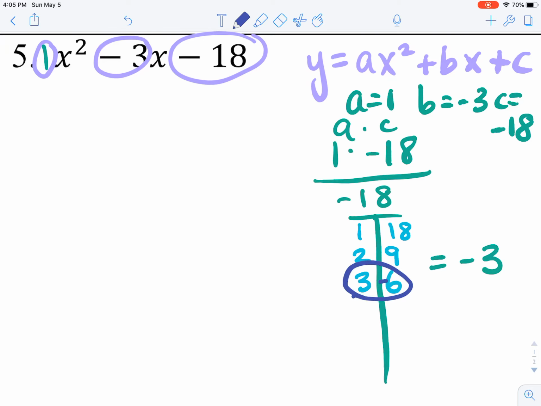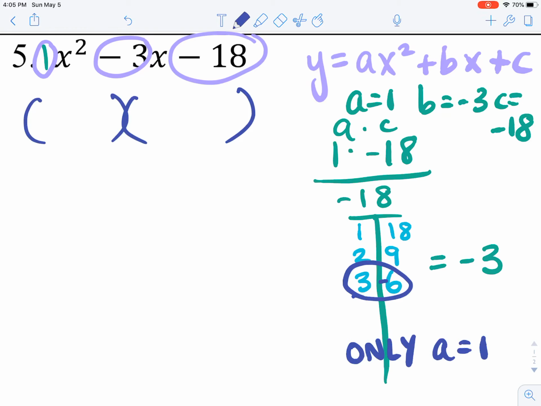Now, in more complicated quadratics that we're factoring, there are more steps involved. But at this point, we can jump to the end, which you can't do later. And this is only when a equals 1. Only a equals 1. We can go ahead and make our pair of parentheses, and we can write our two binomials, because we have a 3 and we have a -6, and all we need to do is write our x's in. So x plus 3 times x minus 6 is going to give us our solution,